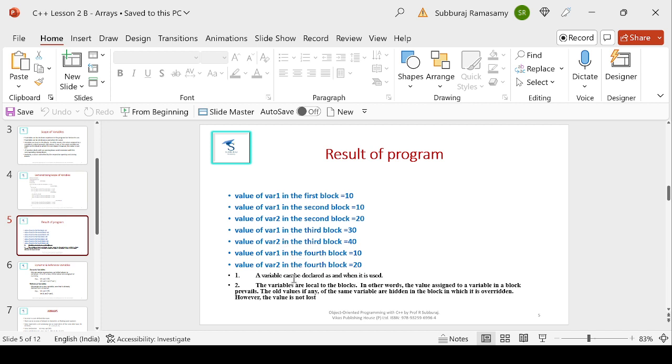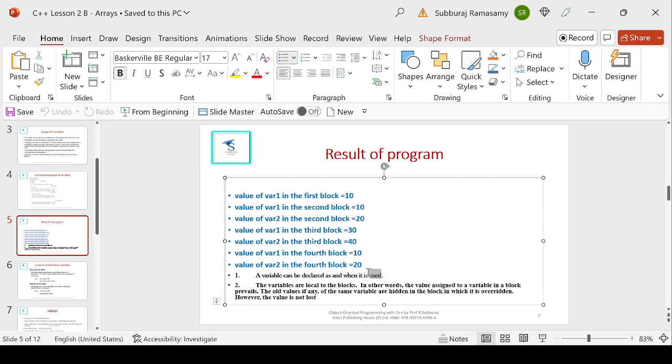So in summary, a variable can be declared before use, but you have flexibility. You can declare wherever you want.